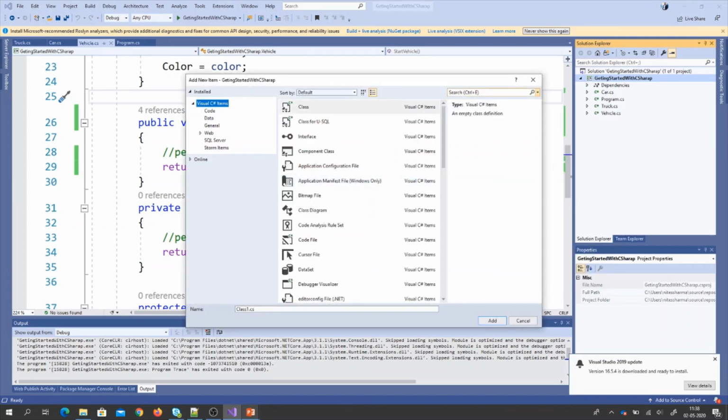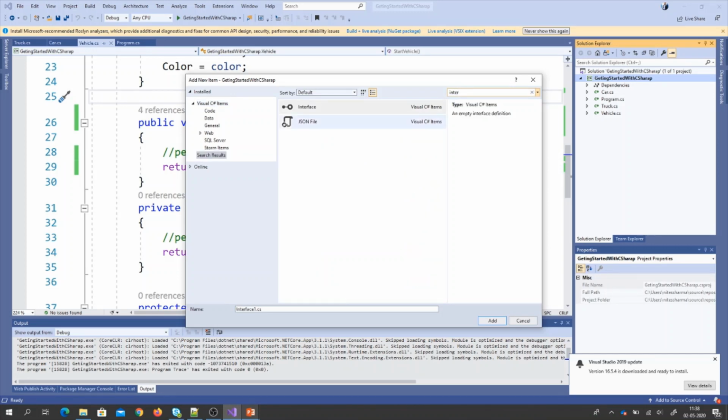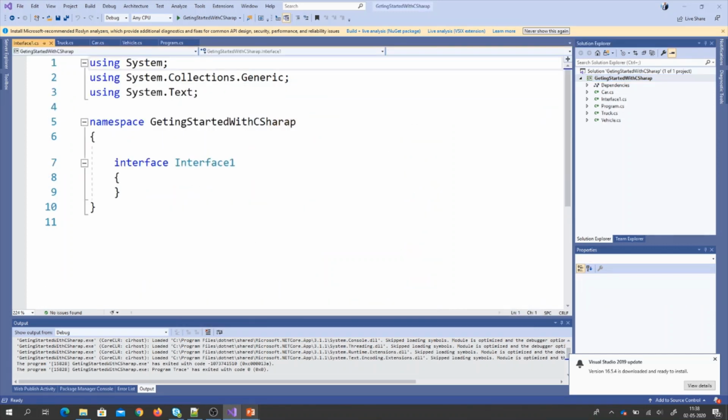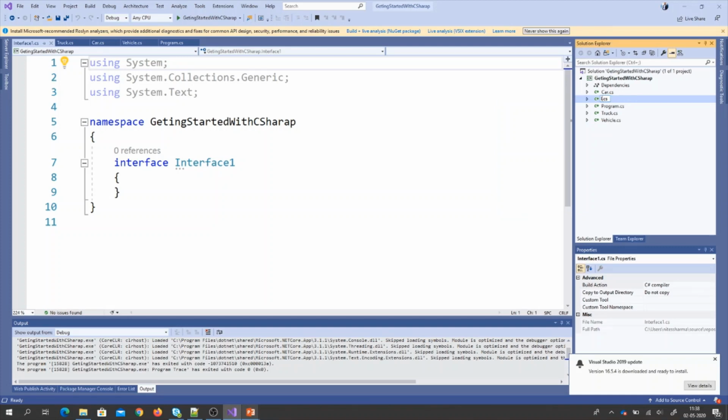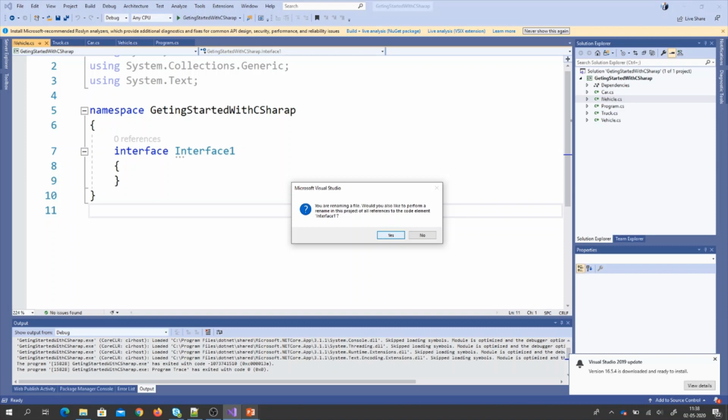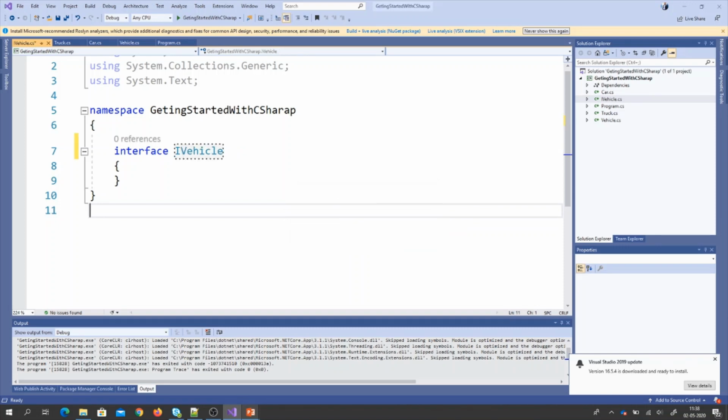Need to search here, interface, it's here. I just need to rename it. And keep in mind, we always put I in front of interface, like IVehicle. And now in this interface I can have methods, void